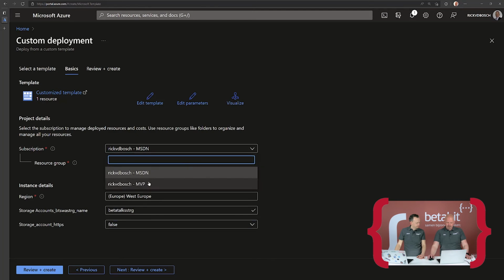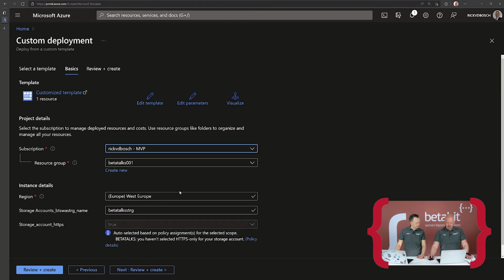Now see what happens if I select my other subscription and my beta talks. This one automatically, although the default is false, goes to true, and it even makes the field read only, and it states my own message that I put in there, beta talks: you haven't selected HTTPS for your storage account. So this UI automatically calls into policy, validates what you're trying to do, and gives you feedback in